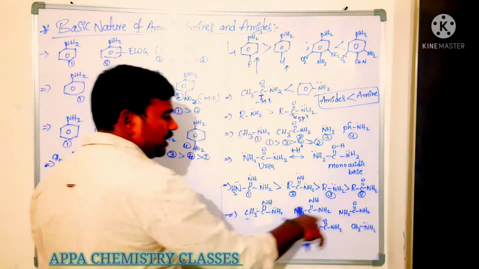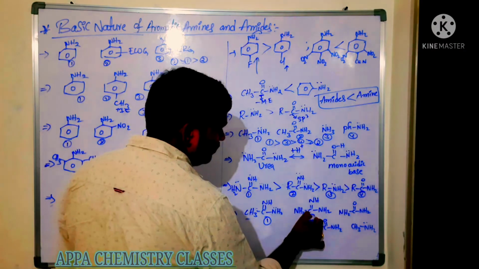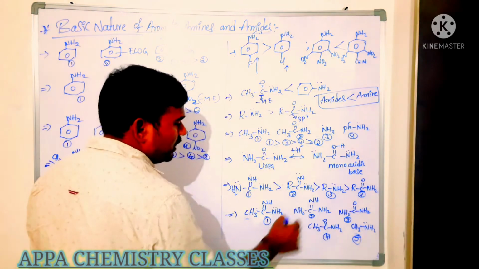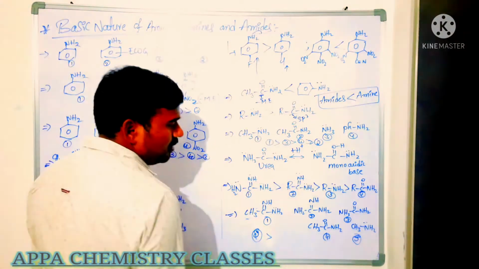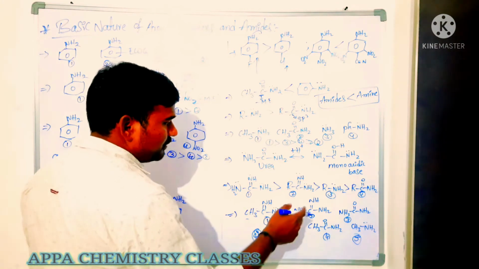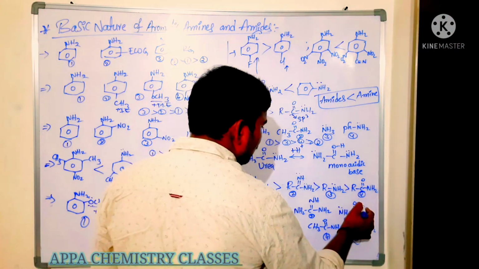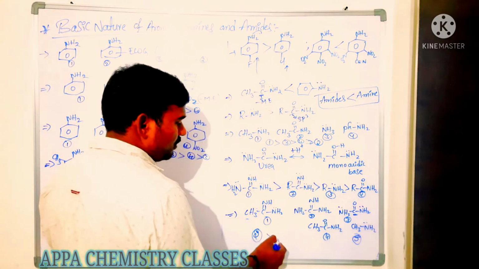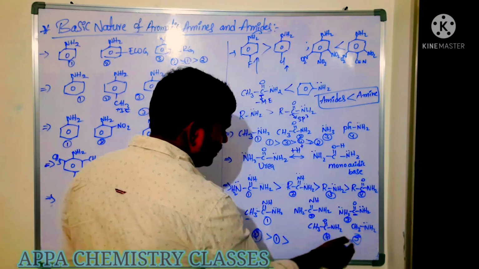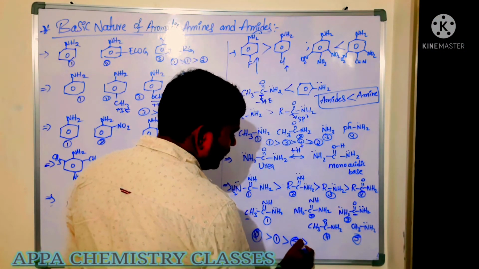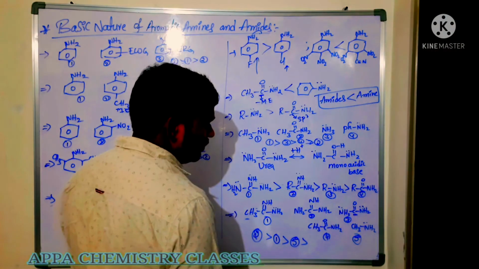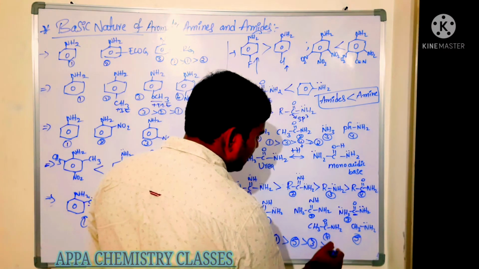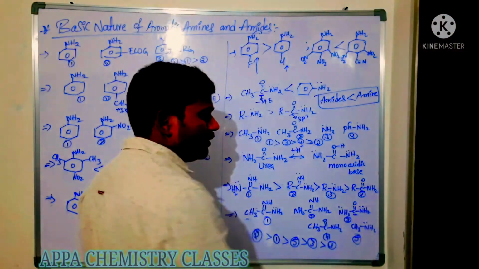And among these which is more basic one? 1, 2, 3, 4, 5. Now you see here it is guanidine. Guanidine is more basic one. So after that you compare the NH2 groups which are bonded with the C double bond O group. Now here there is no C double bond O. 2, 1. After that this 5. After that you see among 3 and 4, which is more basic one? 3 is more basic. After that the least one is 4th one, because 3 contains the 2 nitrogens with lone pairs.